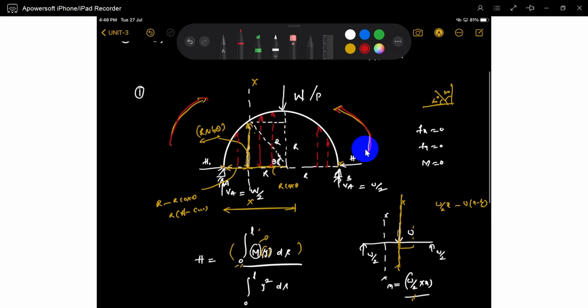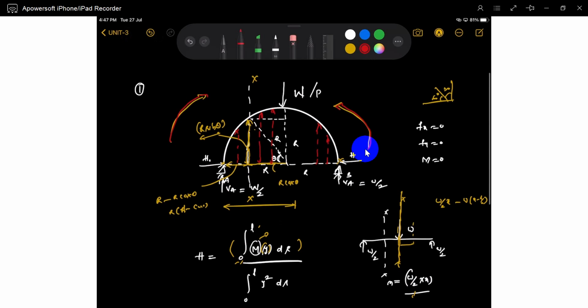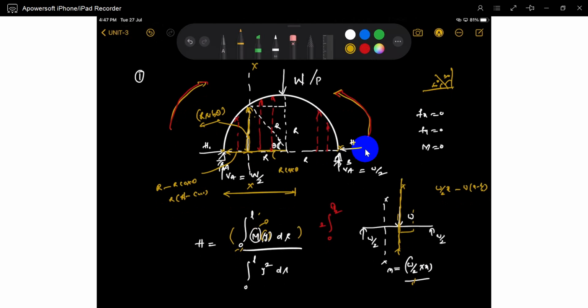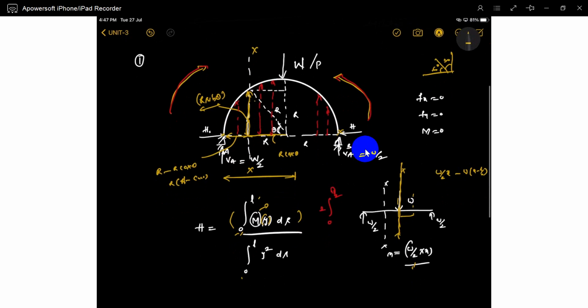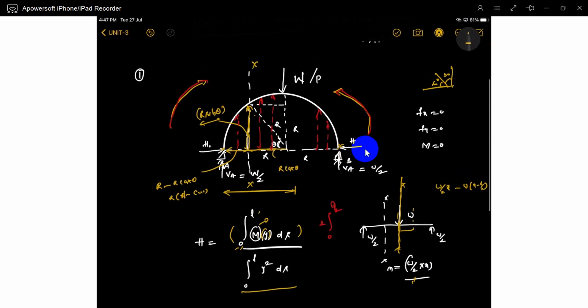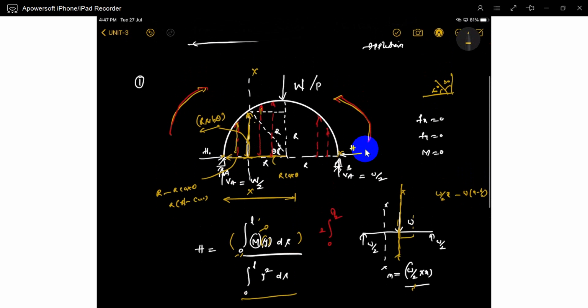So if you see, this is exactly symmetry. So you can take exactly 0 to pi by 2. Half portion you will do. The remaining is also the same. And also see the same thing: 0 to L y square. Y square means these are the y's. Are you understood? Y value means height. In this also you can do half the portion and multiply with 2 and you will get the total, because it's exactly symmetrical.